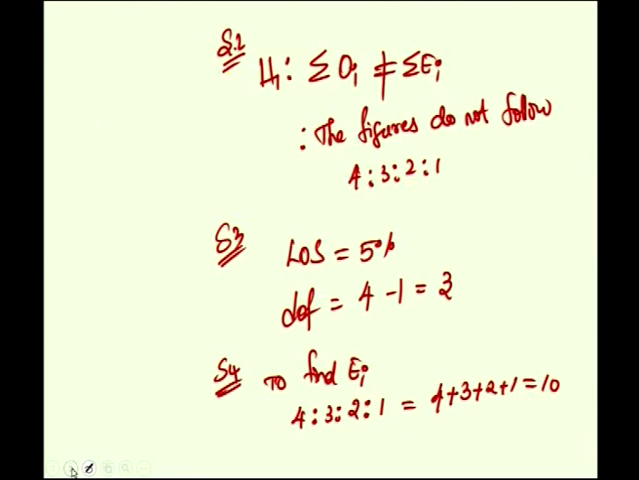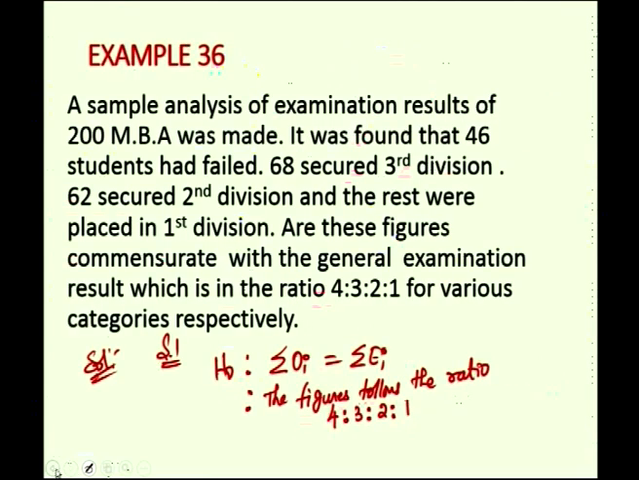4:3:2:1. The total number of categories is 4 plus 3 plus 2 plus 1, which is equal to 10. Out of 10, 4 stands for the first division, and 3 stands for the second division, like that. So, to find EI, first of all the total comes to be equal to 200, right. So, 200